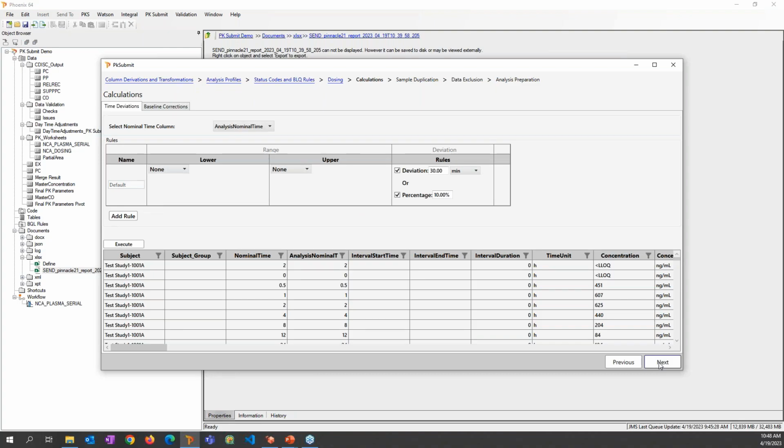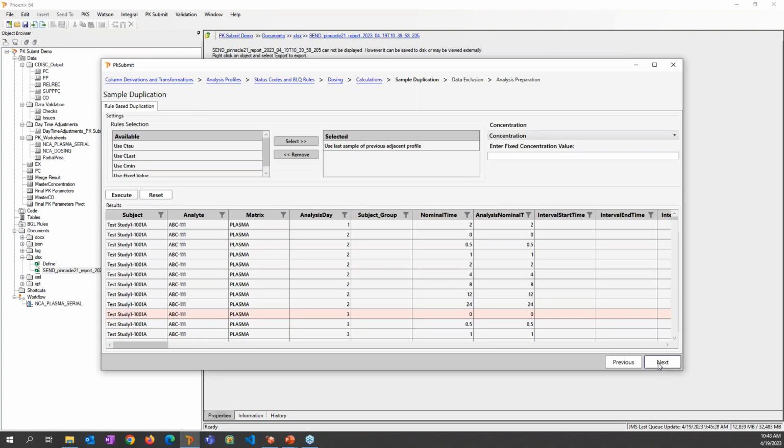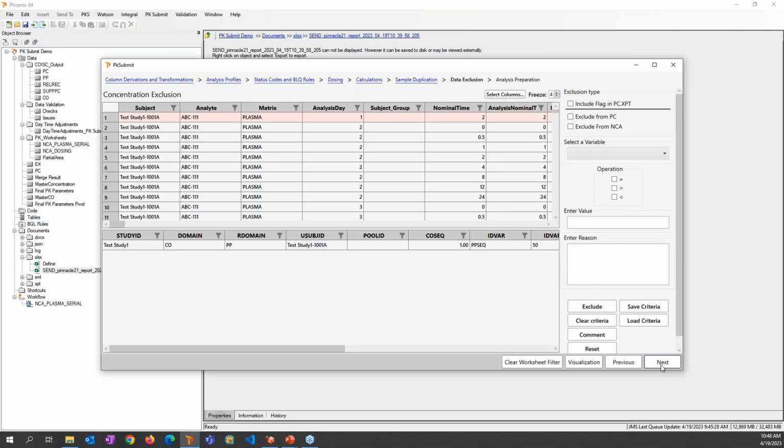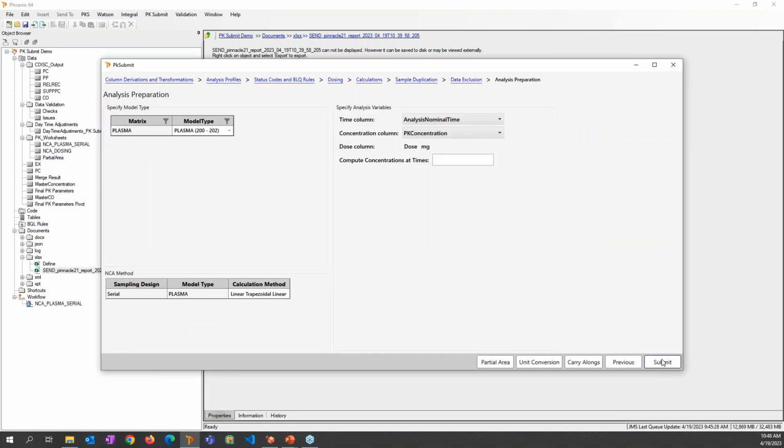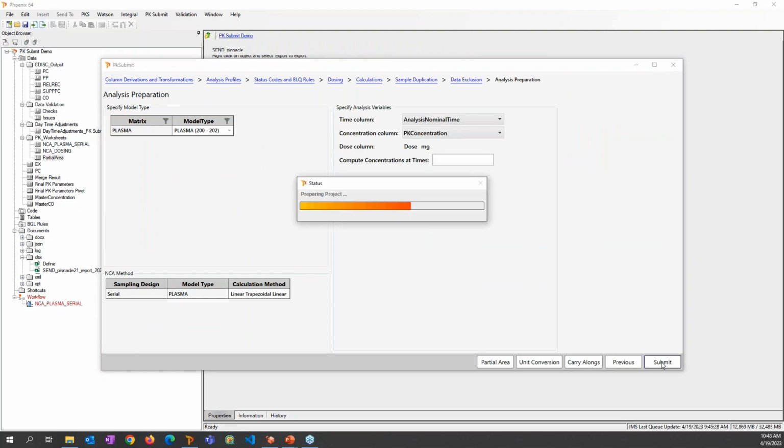And then you would just simply go through, keep clicking on next, because it's also remembering all of your settings that you did before, as you can see here. So I don't need to repeat any other steps. I just keep clicking next until I get to the submit button. And then when I click submit,